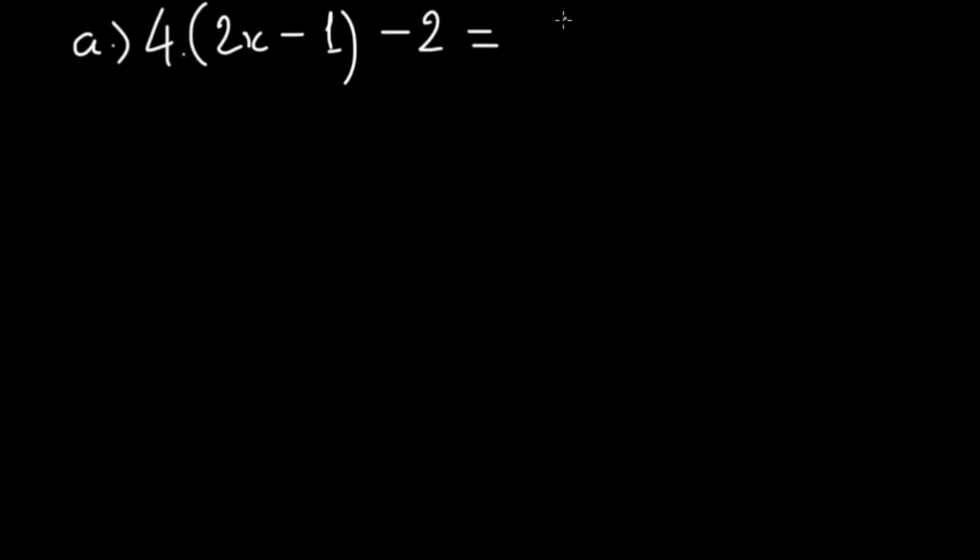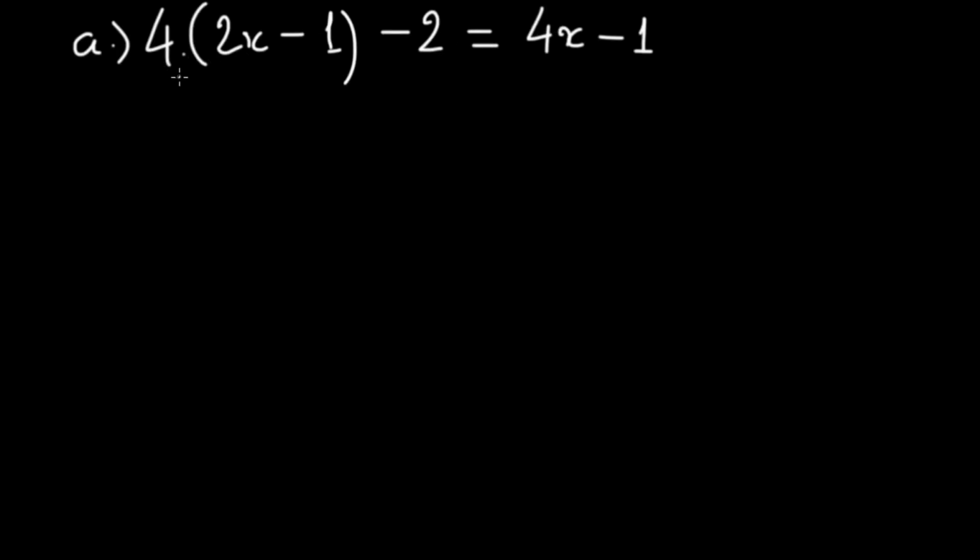In this video, we focus on solving linear equations. Let's work on the first question: 4 times (2x minus 1) minus 2 equals 4x minus 1. So we notice on the left hand side we have the parentheses, and on the right hand side we get the variable x, right? The first step we need to do is simplify on both sides of the